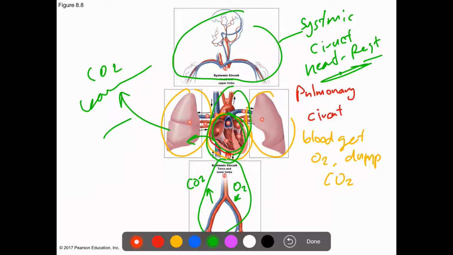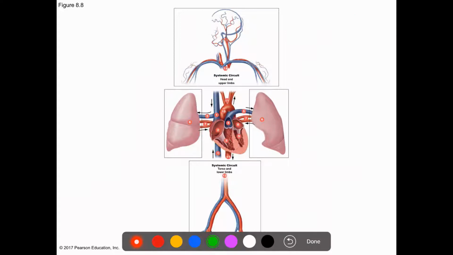Okay, let's see now how the blood... now this is the overall view of both circuits, but let's get into the details of them. I will clear everything and I will use these numbers. I will follow the numbers here. Okay? Now, in number 1, which is here, blood is coming back from all the body,